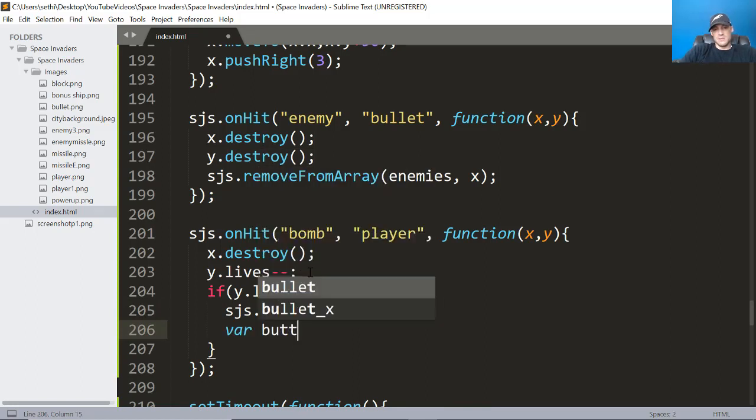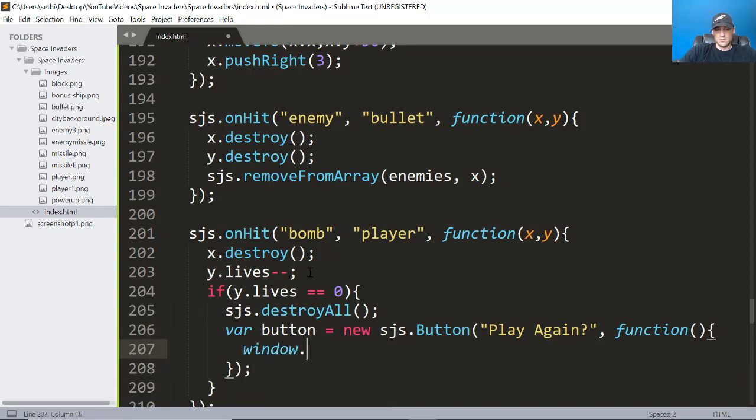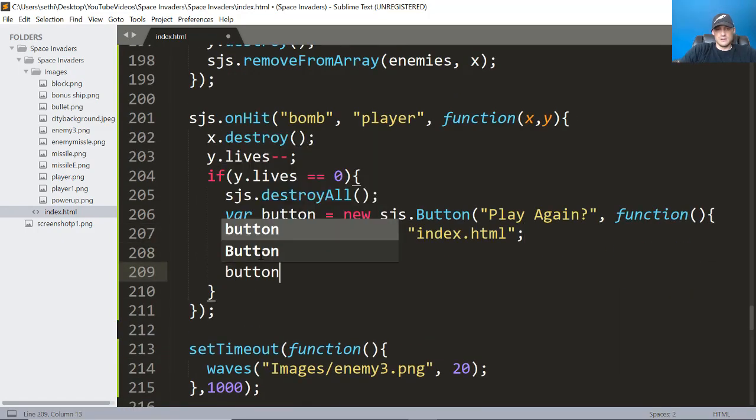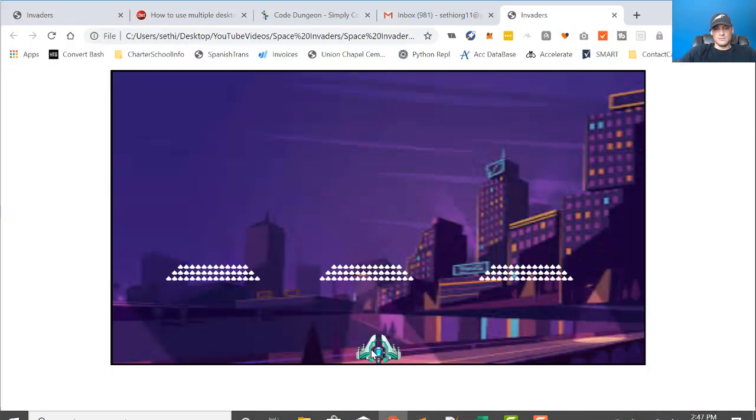And if we wanted, we could make a little button that says new sgs.button, and it will say play again. And then we will go create a function, and that function will set window.location equals the name of the file, which is index.html, and let's center that button, and that should be good. Okay, so if I save this and refresh,